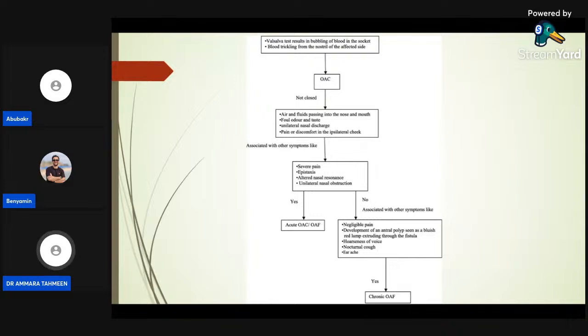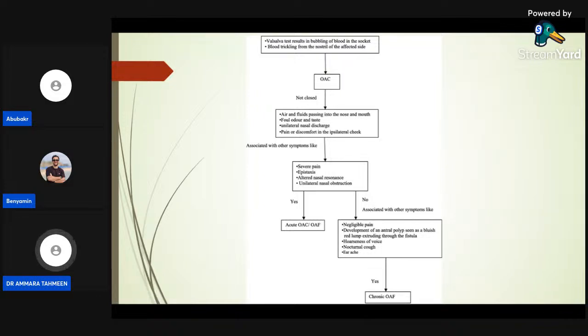That nasal bleeding is called epistaxis. And because of the communication of this, there will be nasal resonance. Whenever the patient speaks, he will feel his voice echoes. And there will be unilateral nasal obstruction due to the accumulation of the fluids and the blood clot and inflammation of the sinus membrane. So if these signs are noted in the patient, then that is acute oroantral